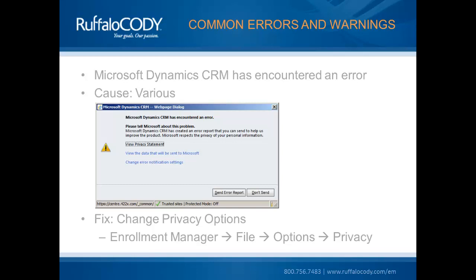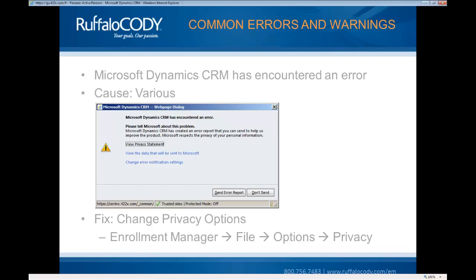So that's all that's happening here, is that some sort of an anomaly has occurred, and it's asking you whether you want to report it to Microsoft. So if you're getting this message fairly often and you want to get rid of it, there's an easy way to do so by changing what's called your privacy options inside of Enrollment Manager. So to do that, you simply open up Enrollment Manager,